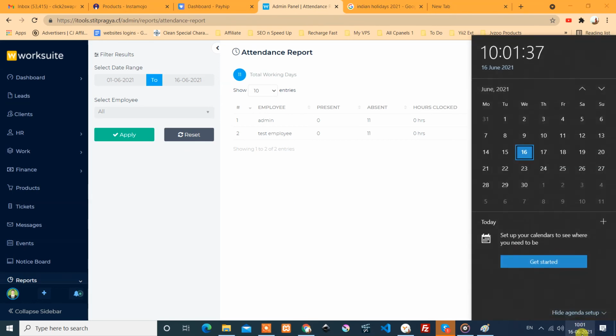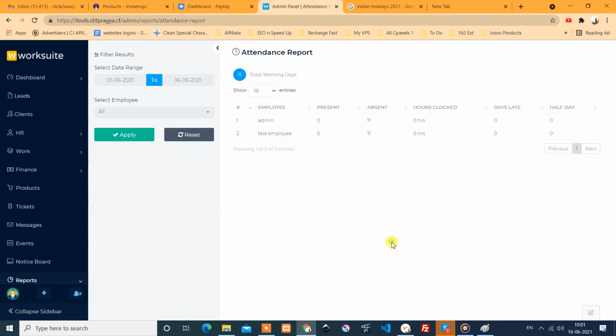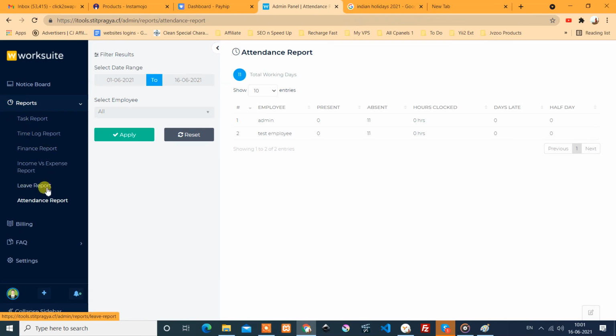If we look, it might have calculated some holidays, four-day holidays. That's why it shows 11 absences. We have to check these working days also.